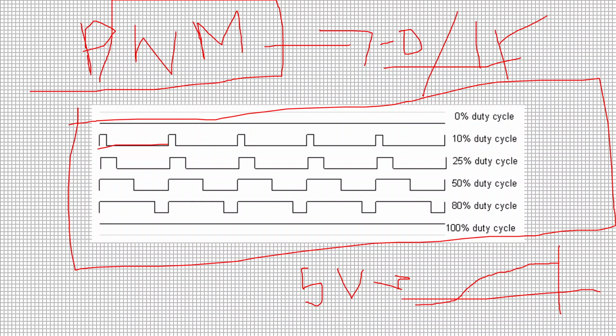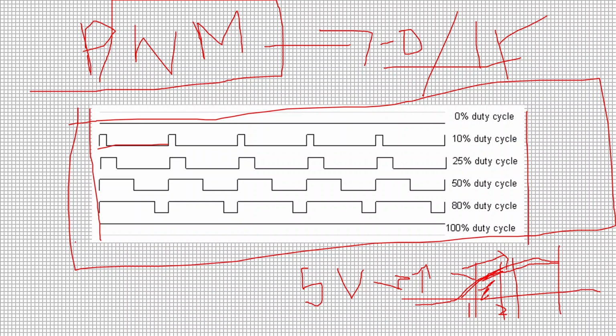So analog is basically a continuous signal, so there are no input interruptions between each signal. For example, if you take this as 1 volt and this 2 volt, you can have voltage variation between 1 and 2 volts. So you can have a gradient if you keep on increasing the voltage, so the LED can get dimmer or brighter by your signal commands. So this whole PWM can be used for analog